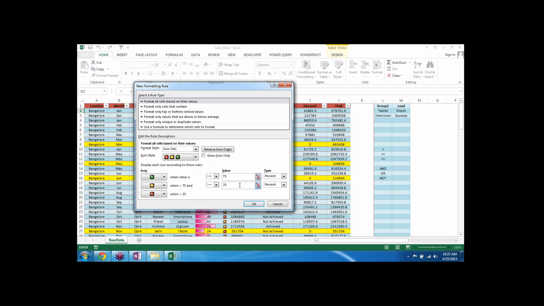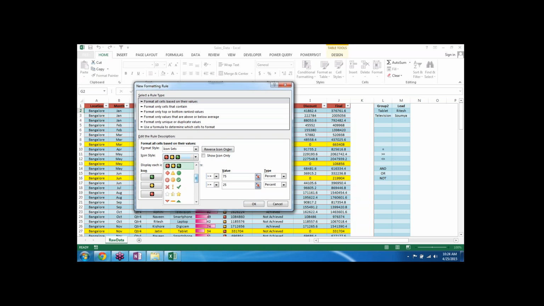So basically I would say that it divides your data into quartiles. So it will divide it into quartiles, and then each of the quartiles will have a different color. By default it will be 33, 67 and 100. If you want to change it, you are most welcome. You can definitely change it whenever you want or wherever you want. But ideally we will have three icon sets.